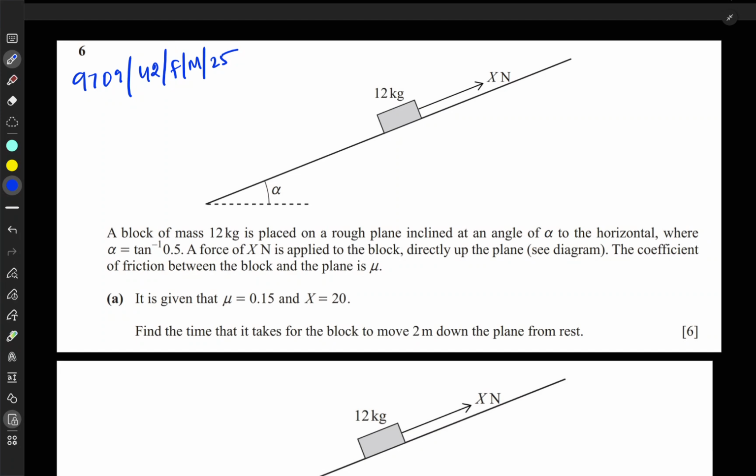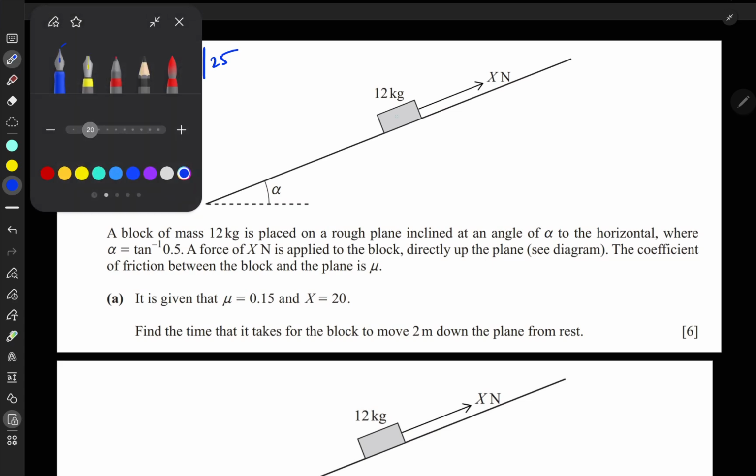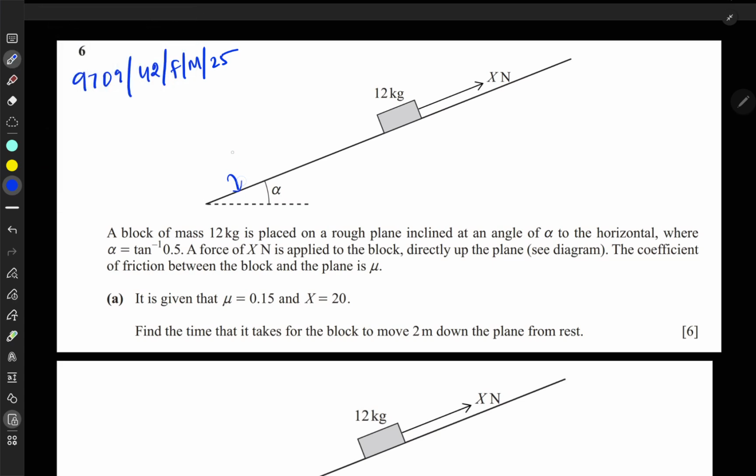This is a question from the mathematics paper, mechanics, Paper 4, from the 2025 Feb/March paper, question number 6. A block of mass 12 kg is placed on a rough plane. This plane is rough, which has friction; it's not a smooth plane, and